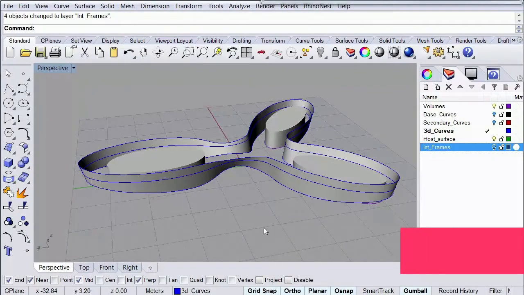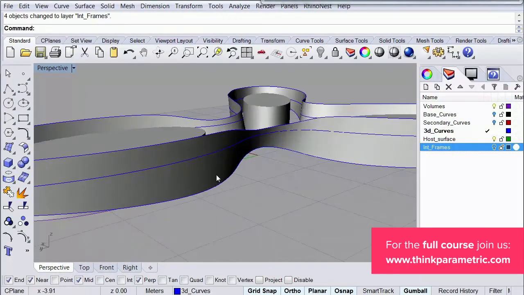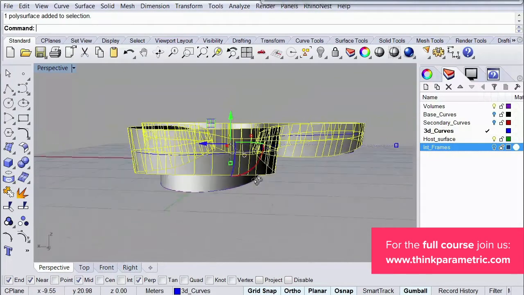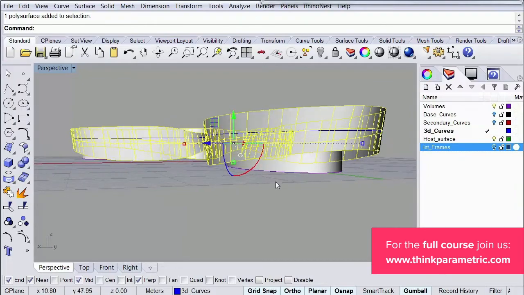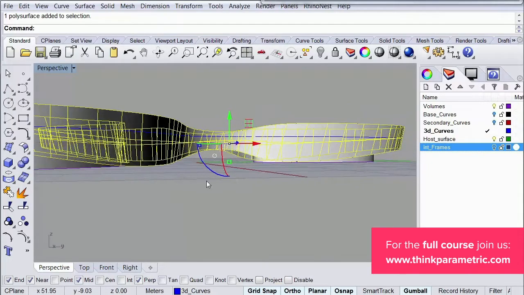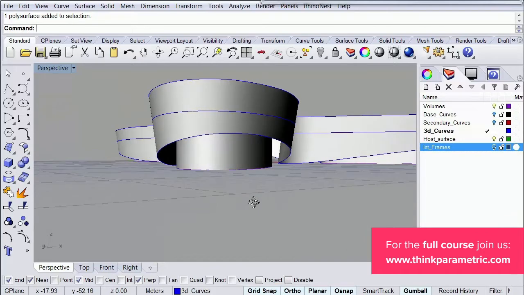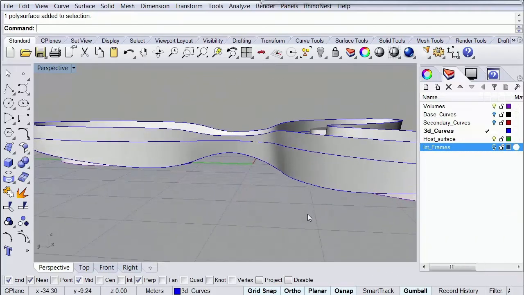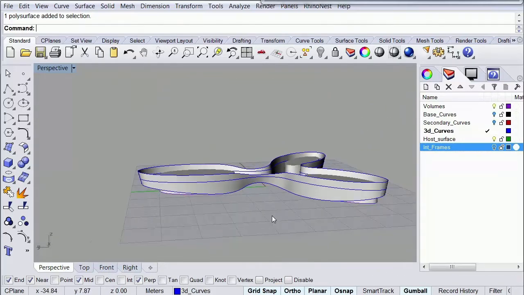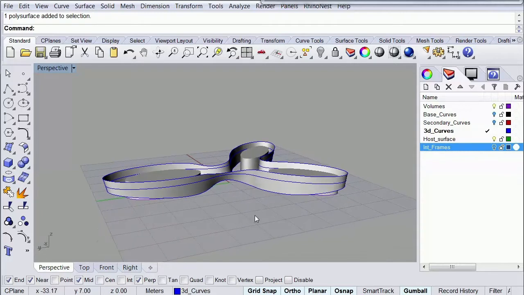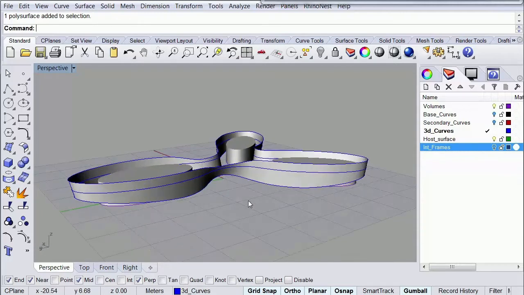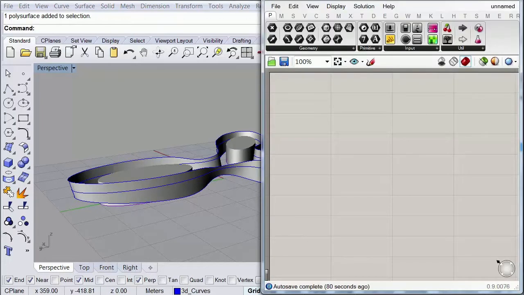Okay, so in our previous lesson, we created our skin surface, which is this one we see over here, in which you can see we have certain openings in which you can access those spaces. And the idea now is going to be to create a definition that allows us to create some waffle-like or rib-like structures for it. Okay, so to get started, I'm going to go ahead and open our Grasshopper window.